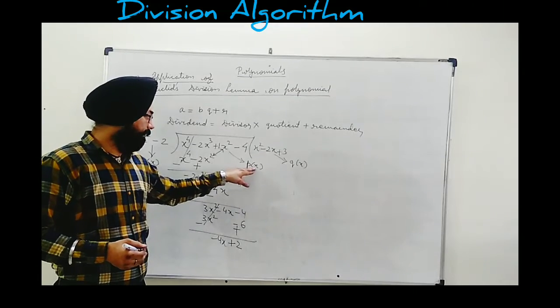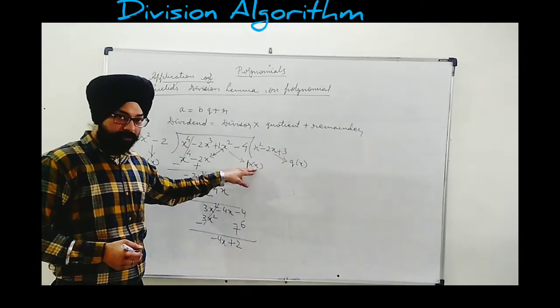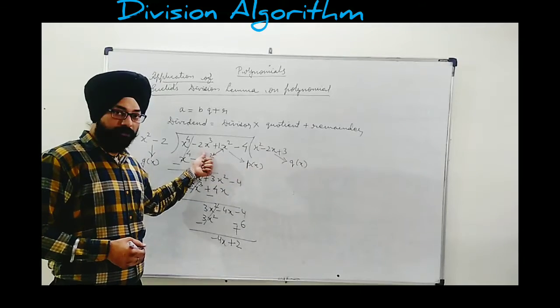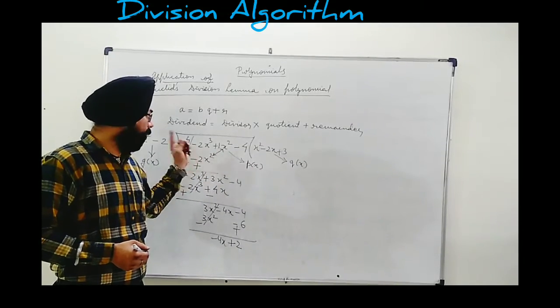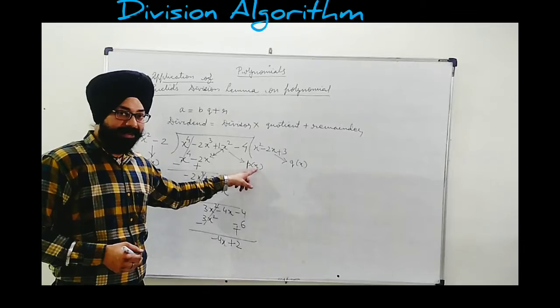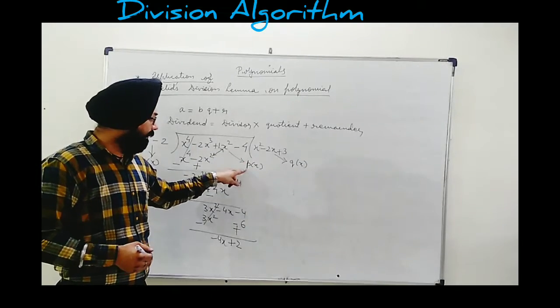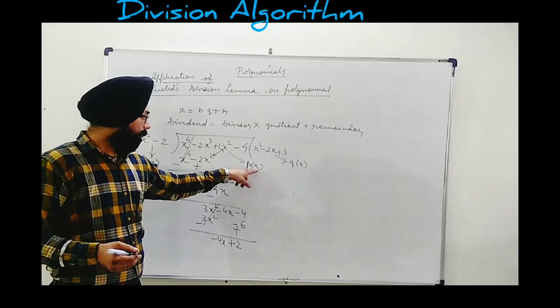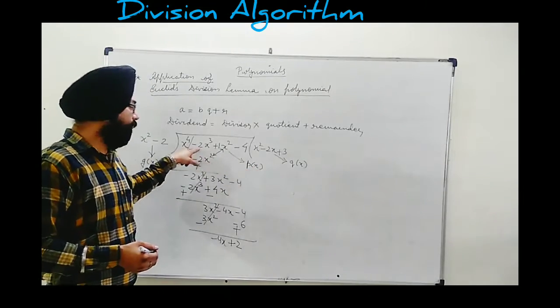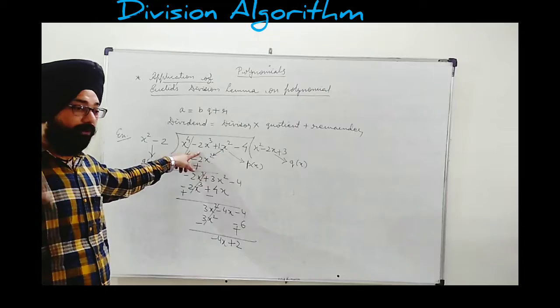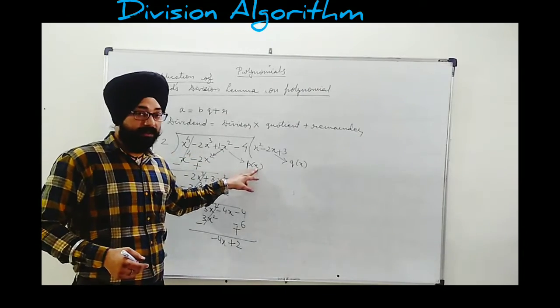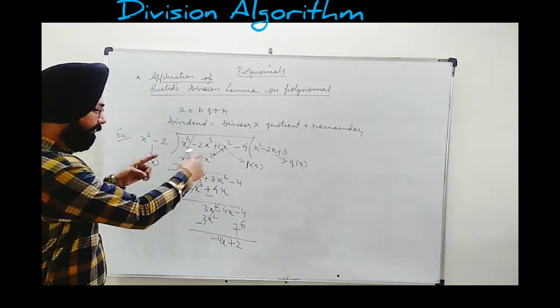Here we use a small letter, and inside the bracket we put the variable which is part of the polynomial. Suppose the polynomial is given in variable y, so we will put y inside. If it is given in terms of t, we will write p of t. Any letter can be taken, but inside the bracket the same variable used to make the polynomial is taken. That's why I am putting x everywhere.